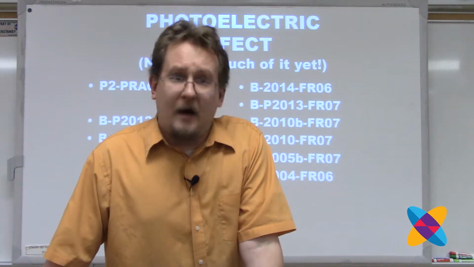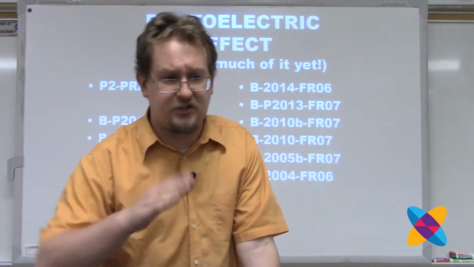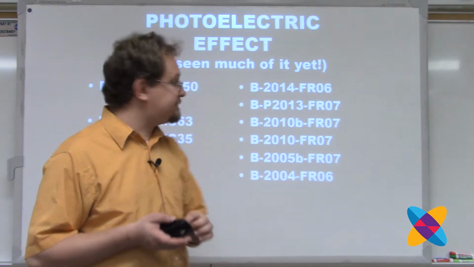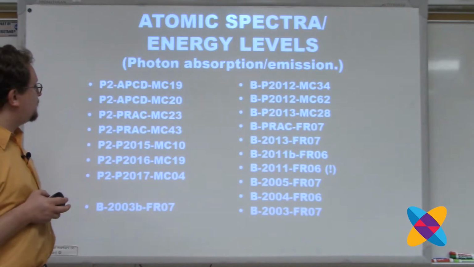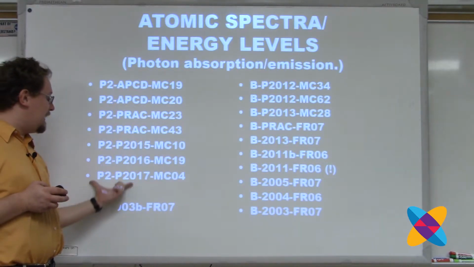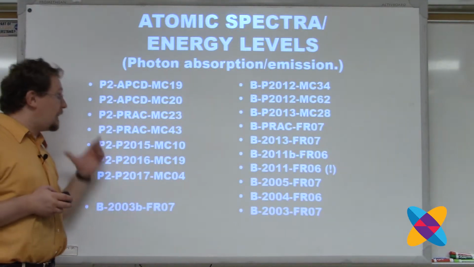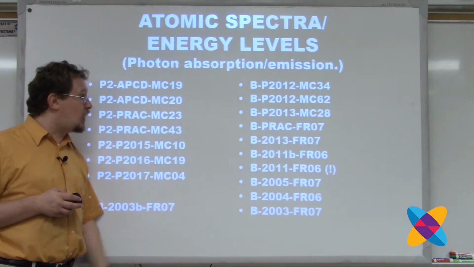I feel like your students need to be able to plot a kinetic energy versus frequency of light graph, come up with Planck's constant for that, and be able to talk about how the graph will change for different work functions. I think they need to do that. Atomic spectra, energy levels, and a lot of those. There's a lot about energy levels. Make sure you talk about it.